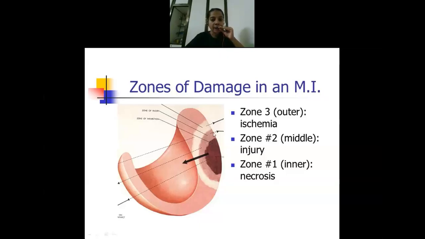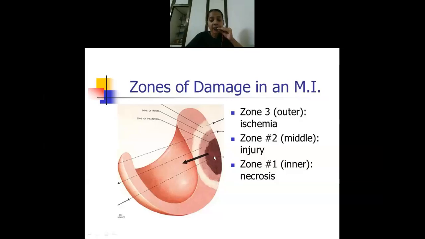Next, moving on to the most important zone, that is the zone of necrosis or infarction. It is also called the zone of necrosis or infarction. Whenever there is damage to this area, because it is a center area, it is cut. So this is actually not the outer area, this is the center part. Remember that. This is the centermost part, and when there is damage to this area, there is irreversible